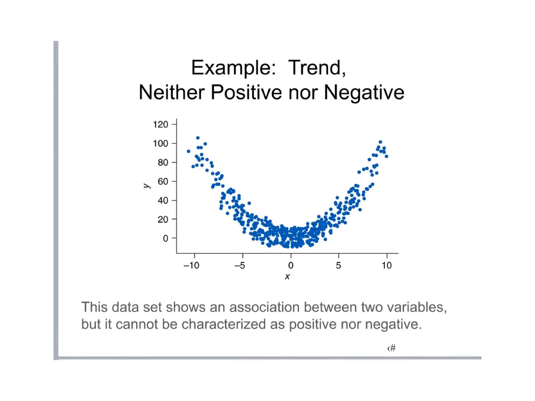So the last kind of trend that you might see looks kind of like this, where it's not positive, it's not negative, it's not a no correlation either. There definitely is some sort of correlation because, as you can see, there is a pattern to it, right? It's decreasing, and then all of a sudden it increases. So maybe it could be like,